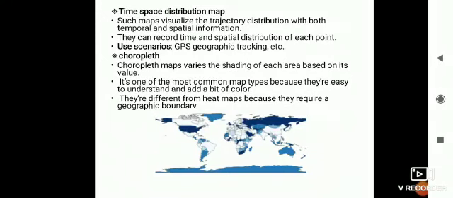And time-space distribution map. Such maps visualize the trajectory distribution with temporal and spatial information. They can record time and spatial distribution of each point, and it is used in GPS geographic tracking